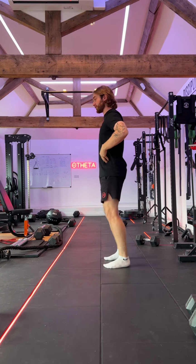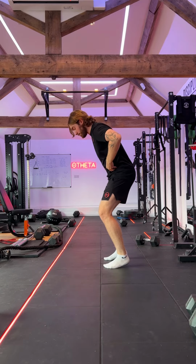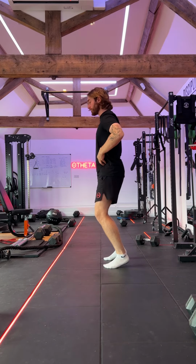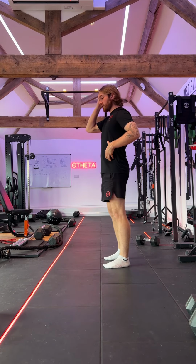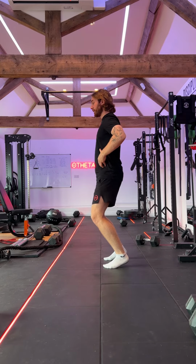So what we shouldn't see is that as I start pushing my hips back, my torso starts crunching forwards and I get a rounding through the spine. Or the opposite, I start pushing my hips back and actually my back starts extending and this distance widens, okay? So your aim is to keep that distance exactly the same, elevate the heels, knees bent, and now I'm gonna